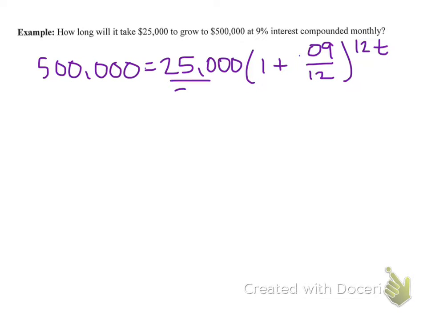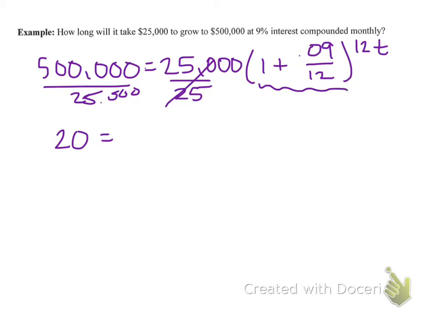So we're going to kind of do this problem in stages. I'm going to divide this 25,000 over. And you know that all those zeros are there. When I do that, I get 20. And this part here, you would type in the calculator, so you would only type the 1 plus 0.09 divided by 12, not raising it to the 12th power. So just the part that's in the parentheses. Again, 4 decimals, so I have 1.0075